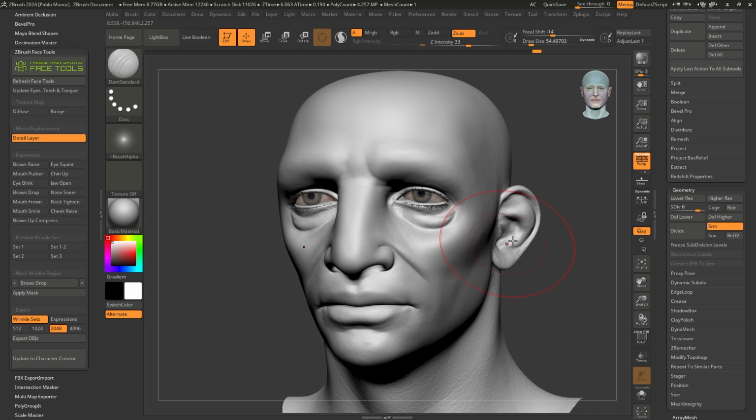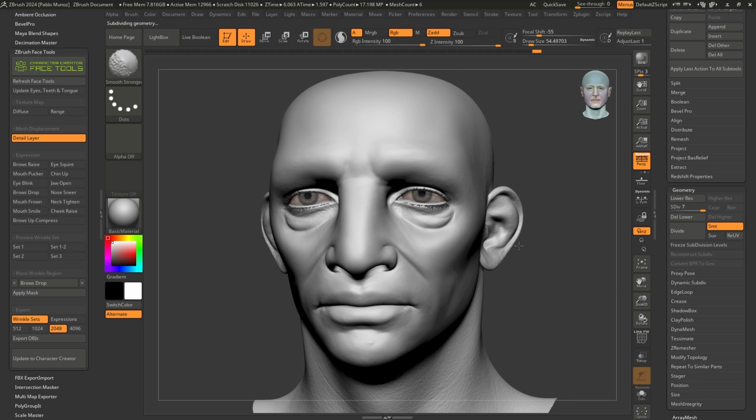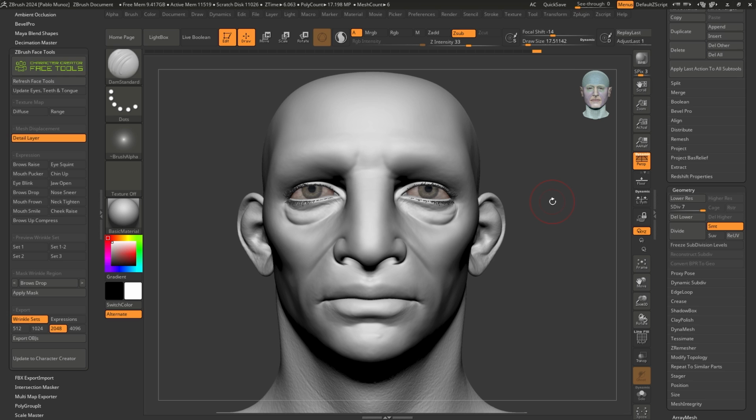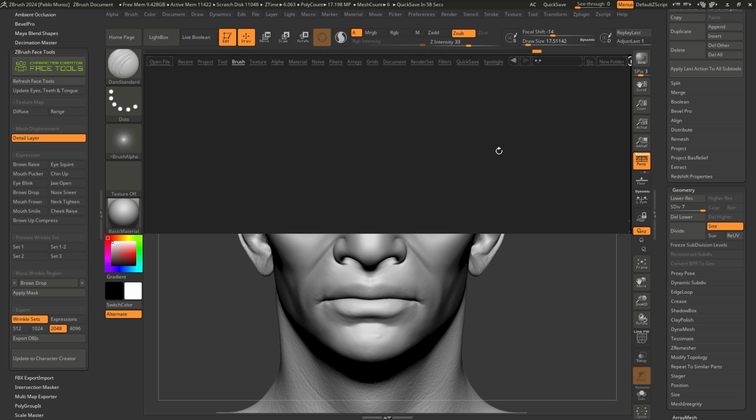Just make sure that when you go back to subdivision level 7, you do another pass of cleaning up or smoothing, right? Now, the reason I'm showing you this is because you can totally go ahead and create your own details, or smooth some of the details that come with CC4, but then create your own in a different way. And for that, I'm going to use a custom pack of brushes that I created specifically for creating skin details. And I'm going to leave a link to those brushes pack in the description of this video.